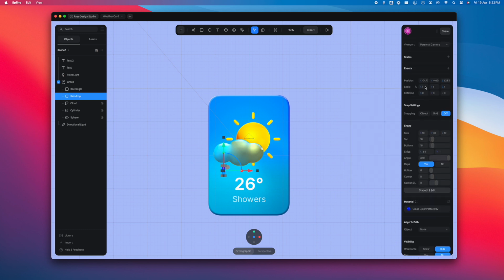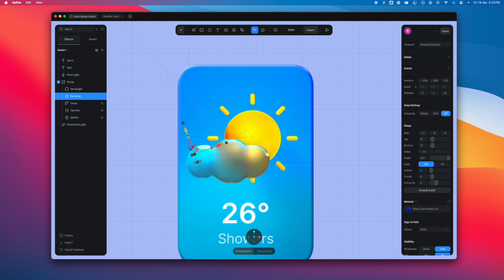And now let's just add some rotation to it. So we'll add the rotation by changing the z-axis to 20. And this looks nice. I'm going to change the position slightly. So we're going to make the x-axis minus 90 and the y-axis 20 and the z-axis 100. So you'll see how it has gone behind the cloud. Let's just manually adjust it also, because right now it's sort of peeping out of the cloud.